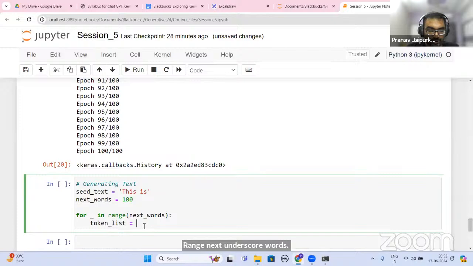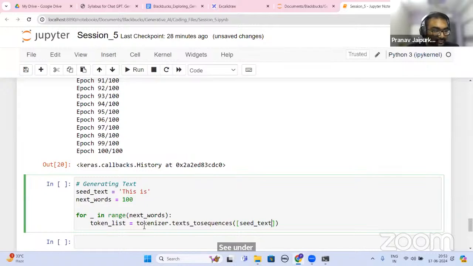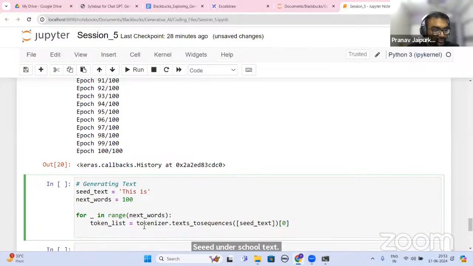token_list is equal to tokenizer.texts_to_sequences(seed_text)[0]. Then you will pad it, right?